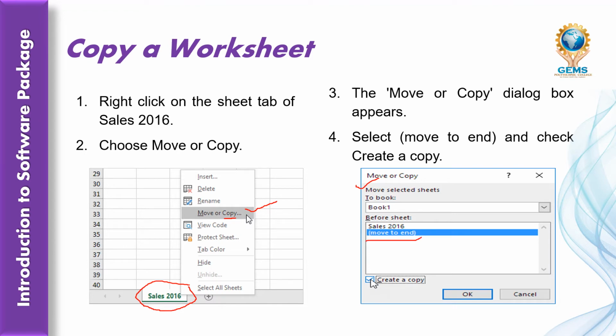Select Move to end, or next to Sales 2016. There is only one sheet, so you can just say Move to end, enable the checkbox Create a copy, and finally click OK. It will be placed at the end of the workbook.